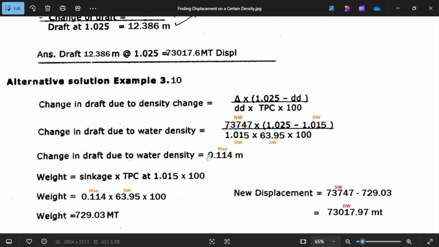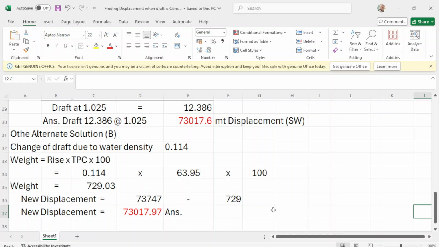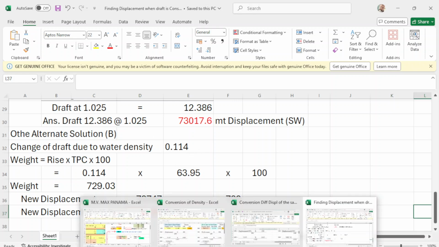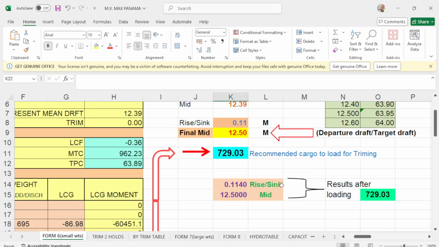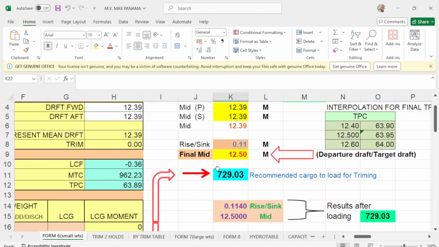Get your 11.14 and got here 11.14. Okay, this is not part of the problem, since we only want to get the weight here so that we can have a draft of 12.386.